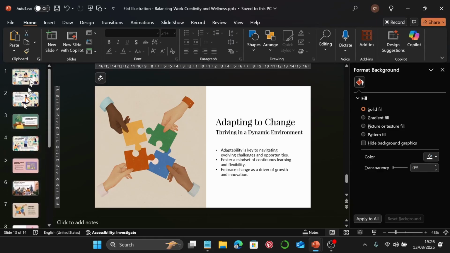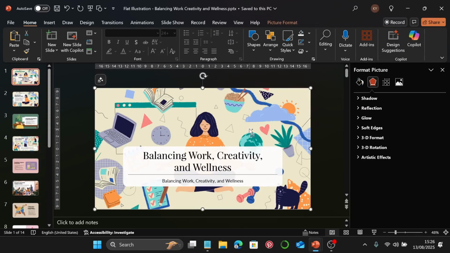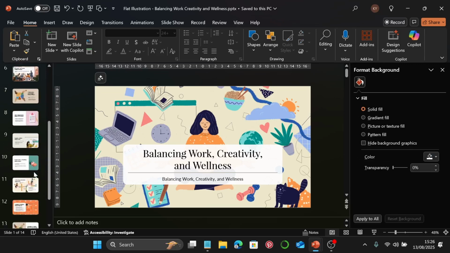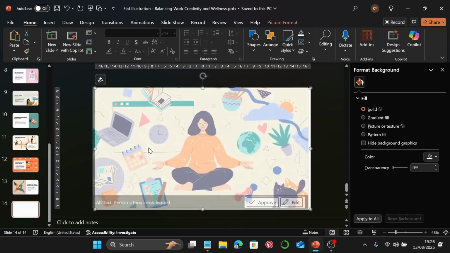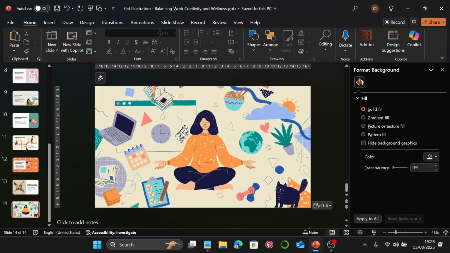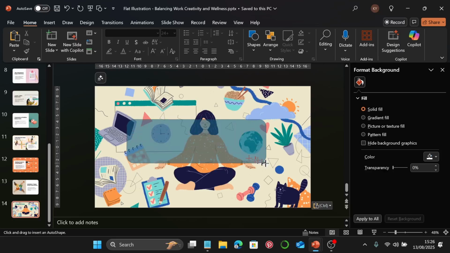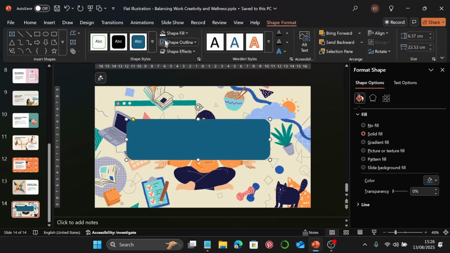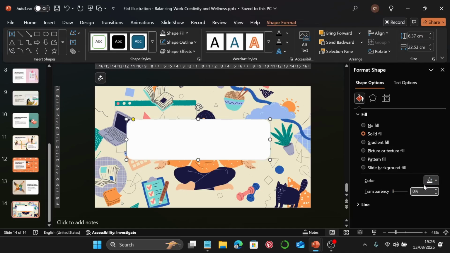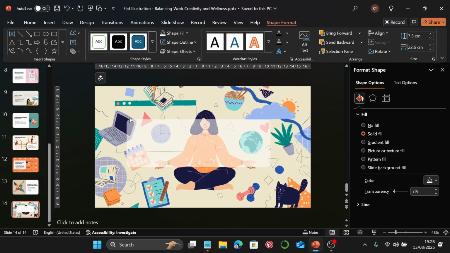So what I'm going to do is go back to our first slide, select the image and just copy it, and I'm going to go back to slide 14 and paste, and I'm going to insert a shape. So I'm just going to go to shapes. Once again, use our rectangle with rounded corners, remove the outline, change the fill to white, and make the transparency 7%. Let's change the height of this rectangle to 7.5, and the width is going to be 22.6. Let's make the corner a little less rounded, let's say like this,